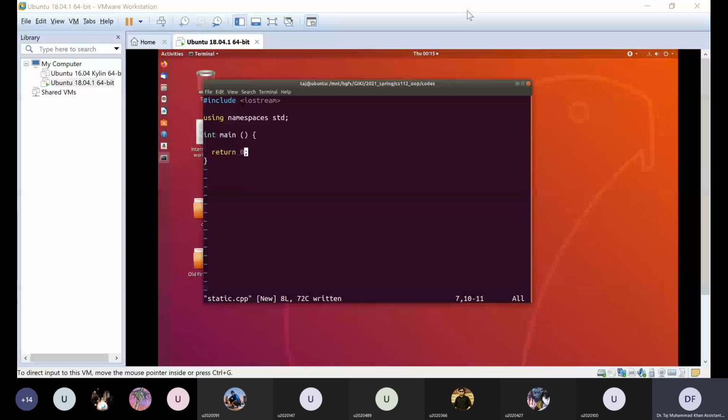So static variable, we studied in CS 103 that a static variable is different from a normal local variable because a local variable is created every time a function is called, and at the end of that function, that local variable is destroyed. But a static variable, if it's declared inside a function, is different in the sense that it will be created the first time that function is called, and it will not be destroyed at the end of the function.